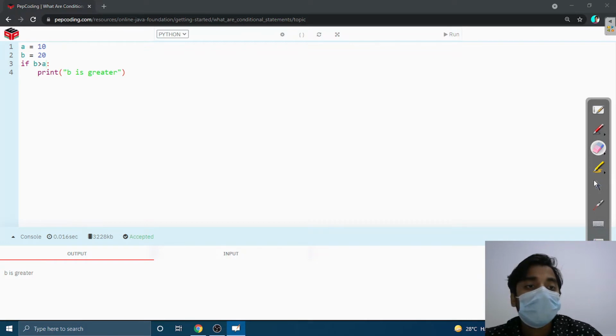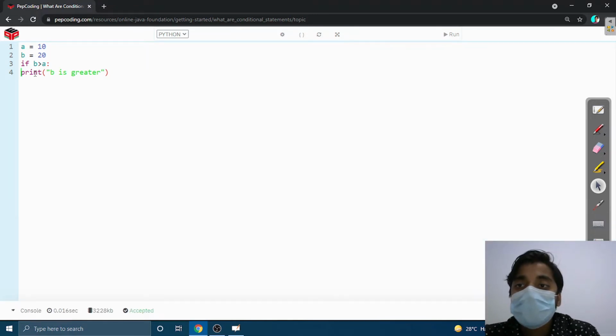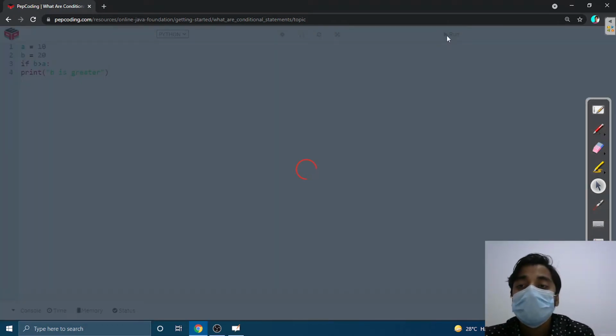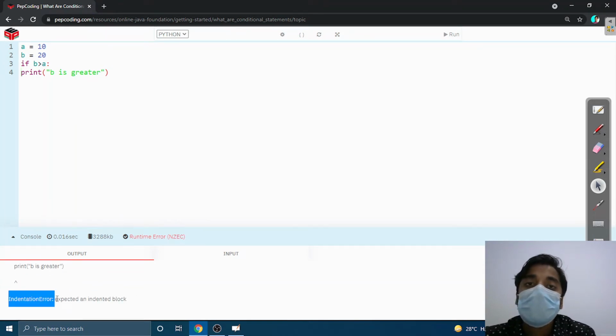Here there is one more thing in Python. After this colon, if you want to write something in the statement and I start it right like this, it will give us an indentation error. Let's see. Here, expected an indented block, indentation error.